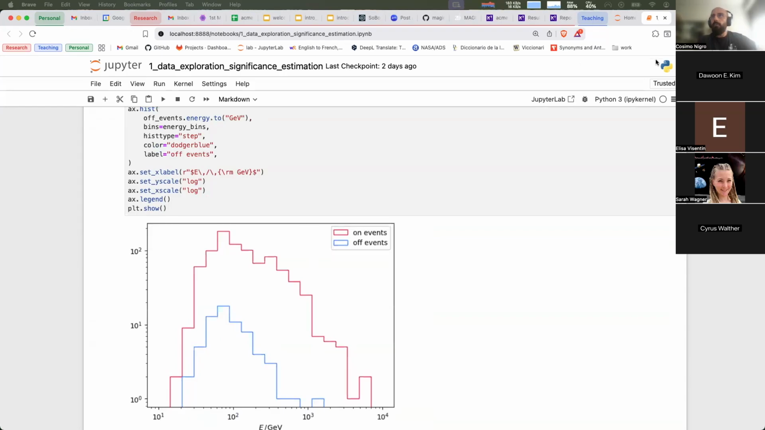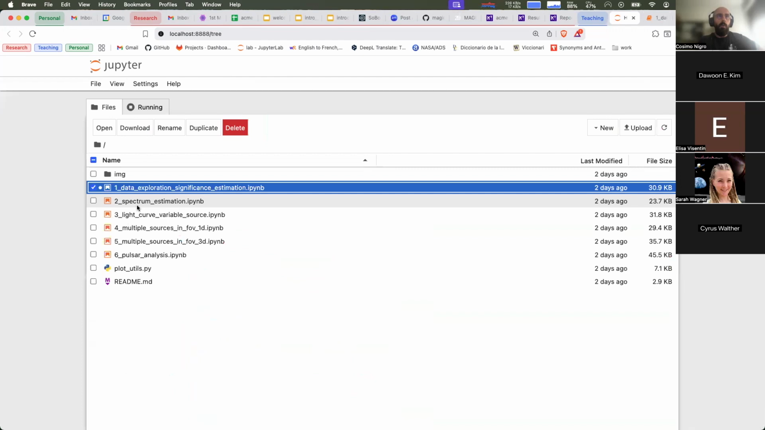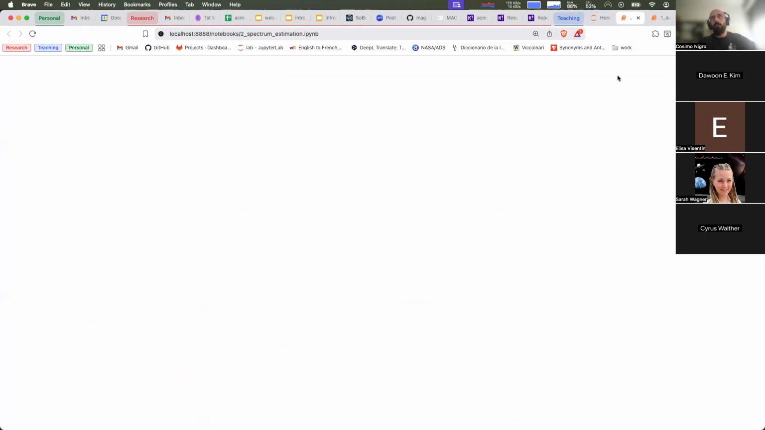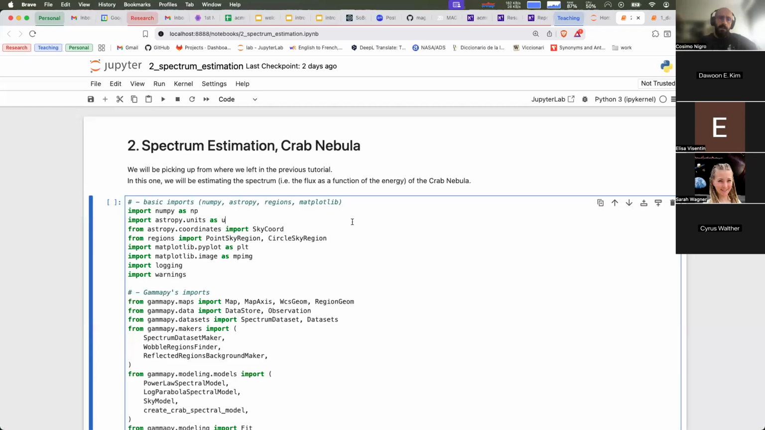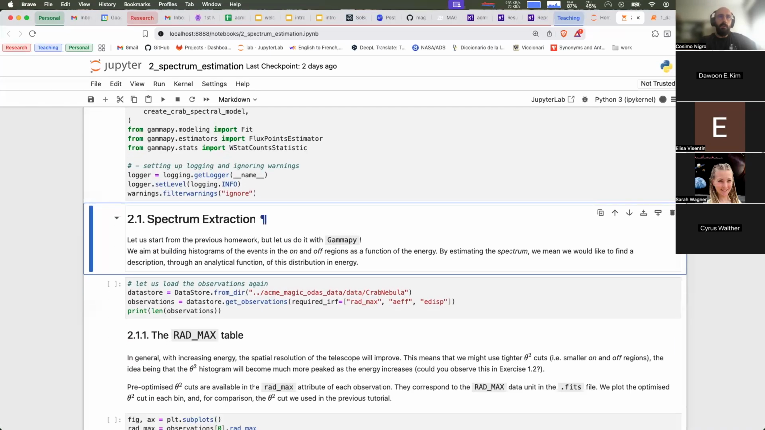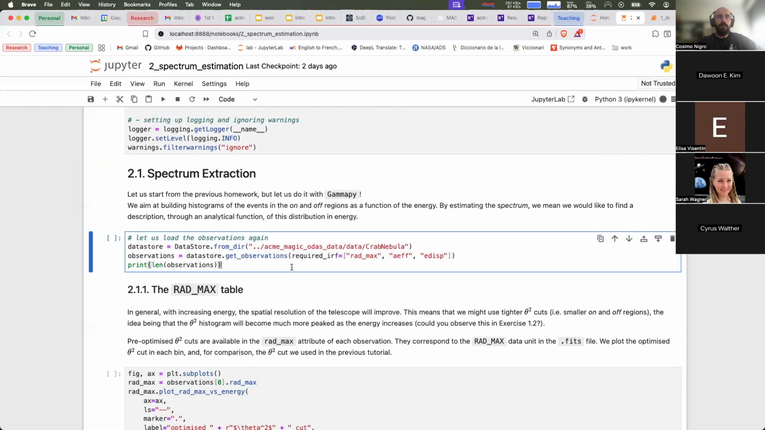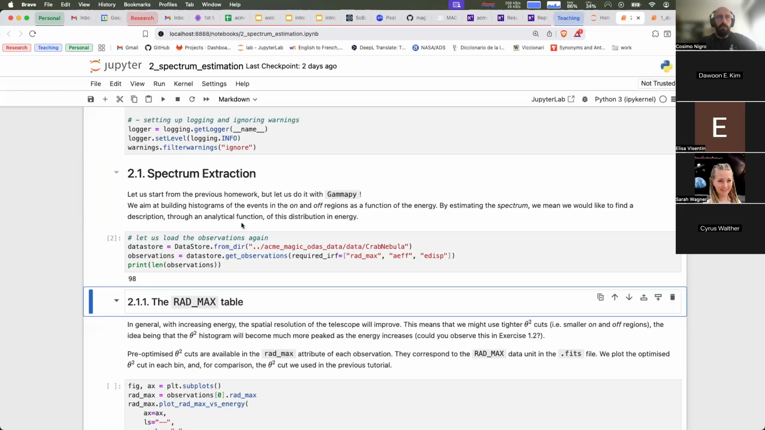Okay, then we can move to the second notebook where we will basically try to estimate a spectrum. What is a spectrum? In astronomy in general, it's some measurement as a function of the energy. Typically, it's the intensity of a source, and in our case, it's the flux as a function of energy. So we will do our normal import, then we load the observation again,